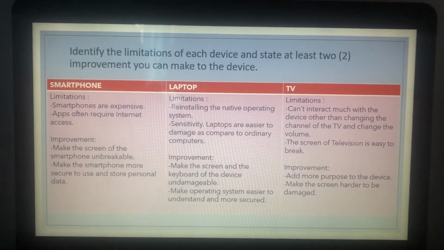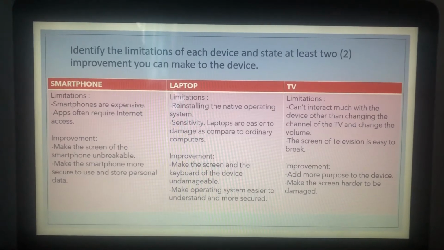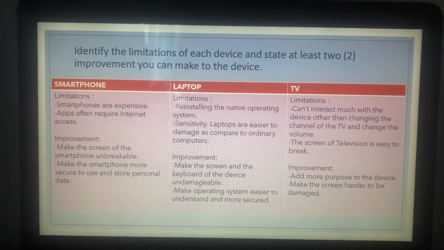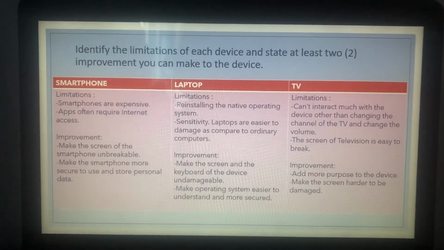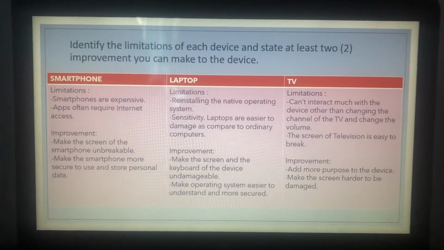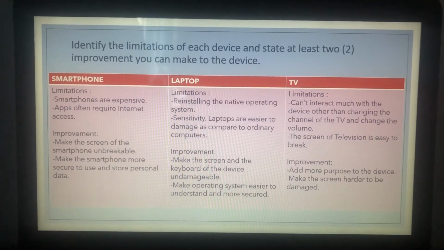TV. Limitation, we cannot interact much with the device other than changing the channel and the volume. The screen of the television is easy to break. Improvement, add more purpose to the device. Make the screen harder to be